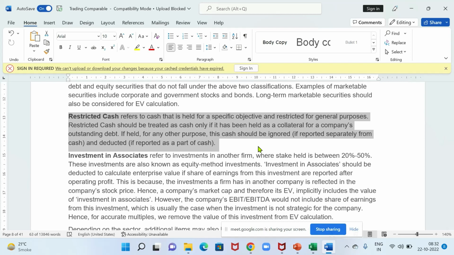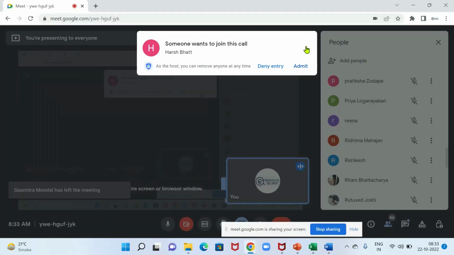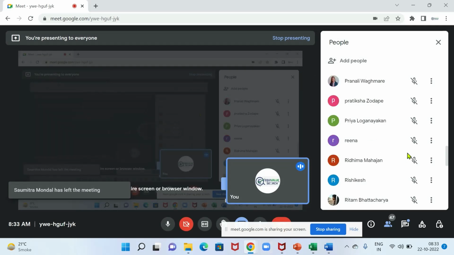That their cash is held for a specific objective. We need to only consider restricted cash when it is held against any debt or a liability. For now, you just consider this as debt only. So why I'm saying this is